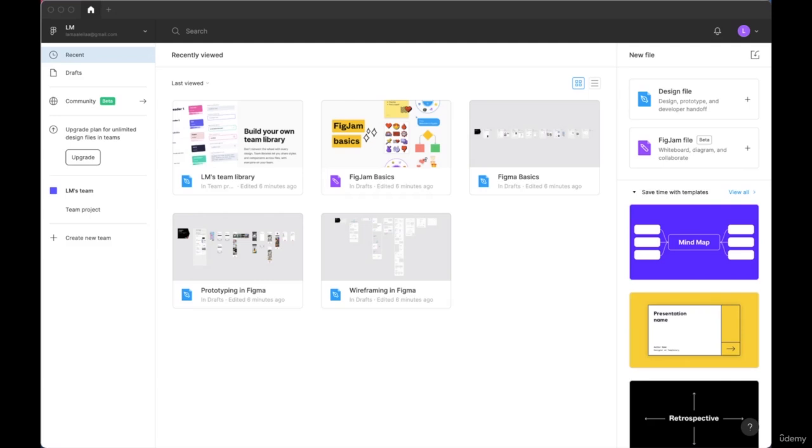Now that you're registered and settled in Figma, we're going to move on to creating new files. There are two types of files: the design file and the FigJam file. Initially, I'd like to start by exploring the FigJam file, just because this is where you're going to be drafting